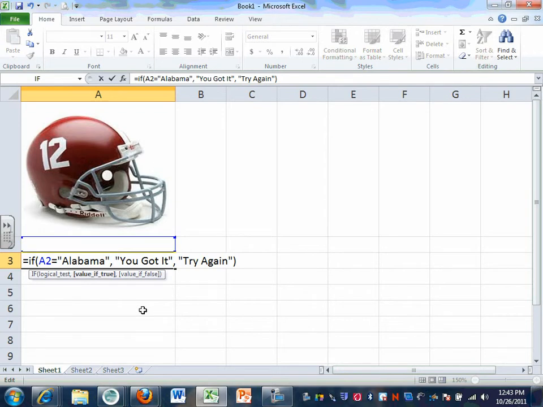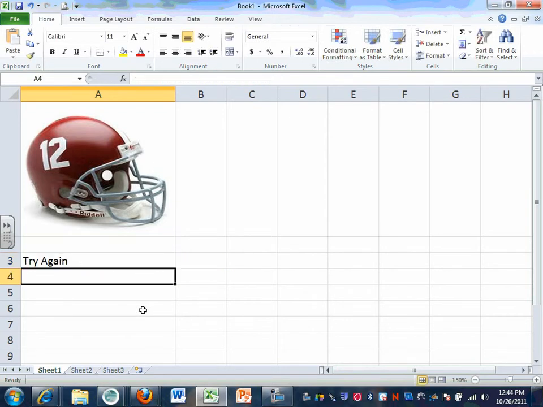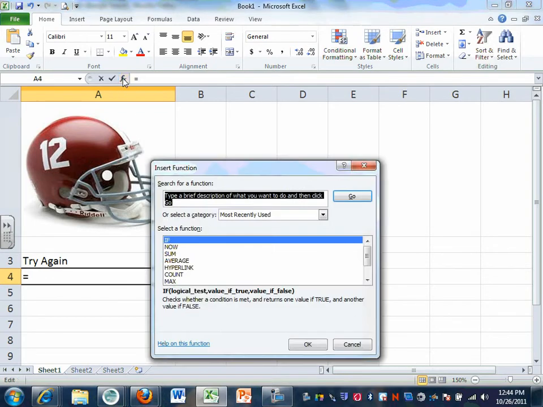Now, okay, go ahead and we're going to hit enter. Now, another way that we can do this, okay, listen up. Another way of doing this that may be a little easier for you. We can go up here to insert function. So if you click on insert function and we want to click on if,